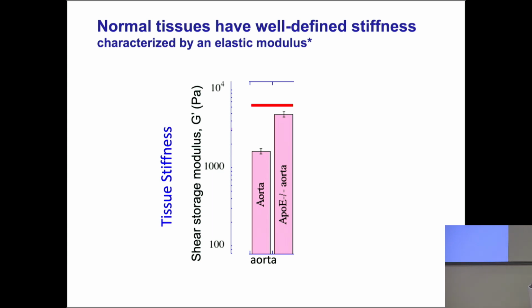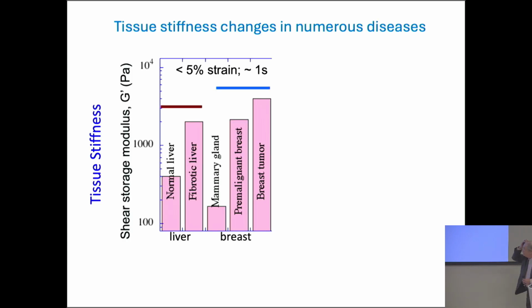All right. The other area where stiffness is very commonly studied now is in the development of fibrotic diseases or some forms of cancer. One of the more dramatic examples that's used clinically a lot is to measure the elastic modulus of the liver, often by ultrasound, but by other methods as well.